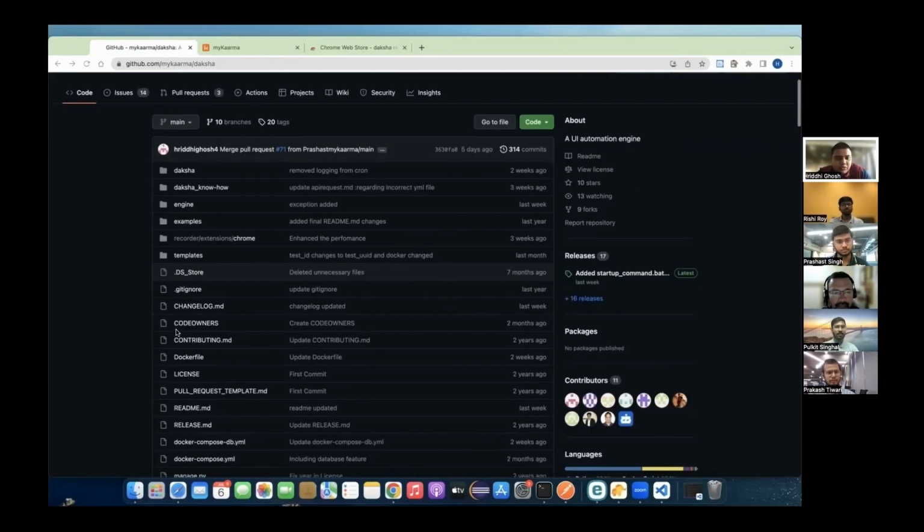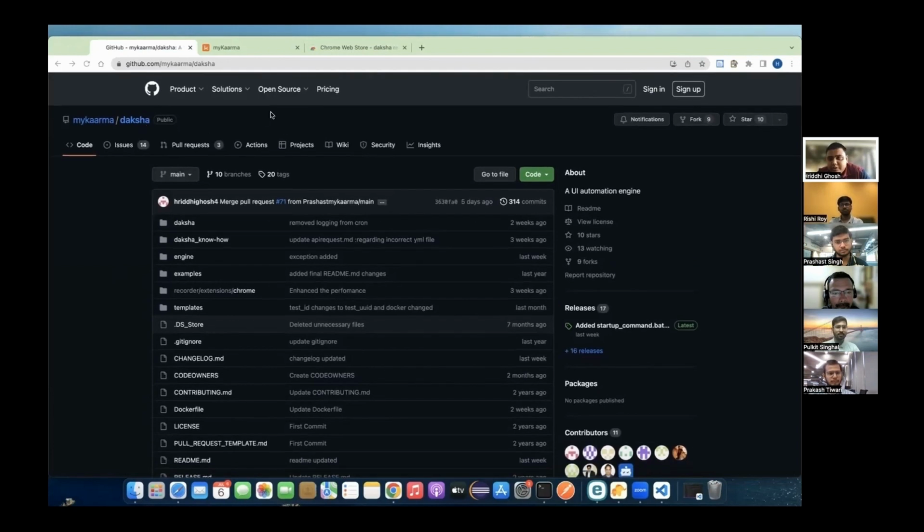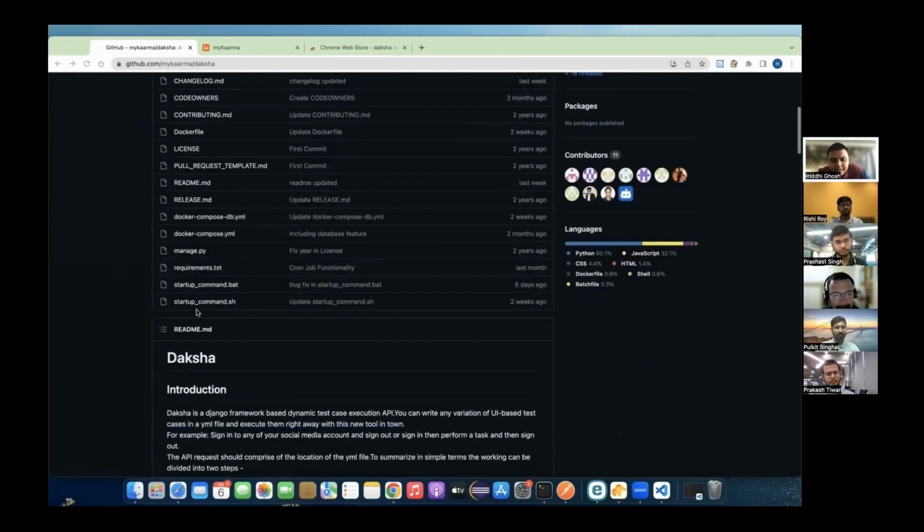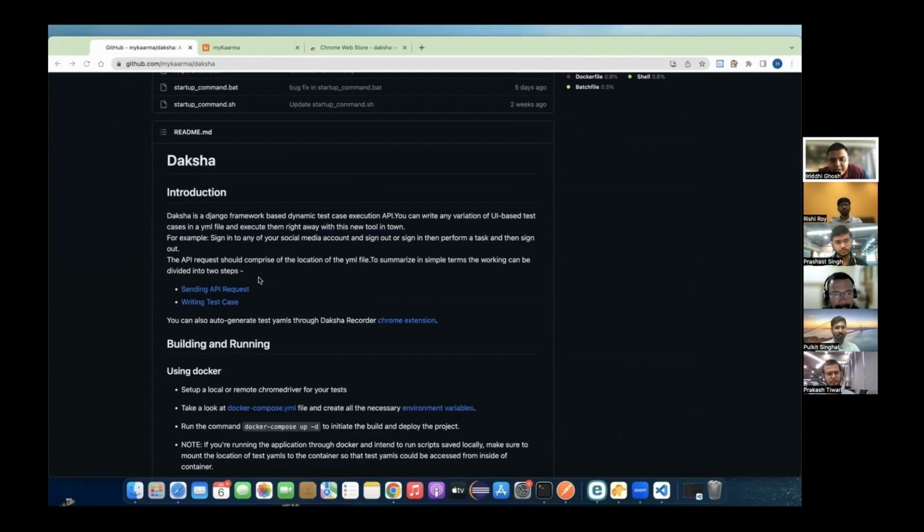At this point, I'd like to switch context a little bit and go into a bit of a demo. Riddhi, if you don't mind, give us a tour of what the stuff would look like. I'm looking at it from the perspective of a brand new person who does not know anything about Daksha. After I go to GitHub, how many steps do I have to take before I'm able to get to my hello world? So this is the open source repo of Daksha, and you'll find a very detailed README in here